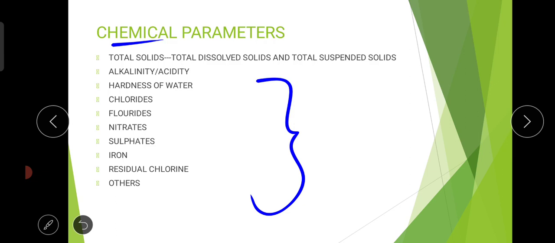Next one is alkalinity and acidity. Alkalinity and acidity can be estimated by the titrimetric method, the neutralization titration method. If you want to estimate the alkalinity, then you have to take a diluted acid solution in your burette. If you want to estimate the acidity, then you take an alkaline solution in the burette, and conduct the titration. Here also the limit is 250 mg per liter. Like that you have to quantify. It should be less, not more than that.